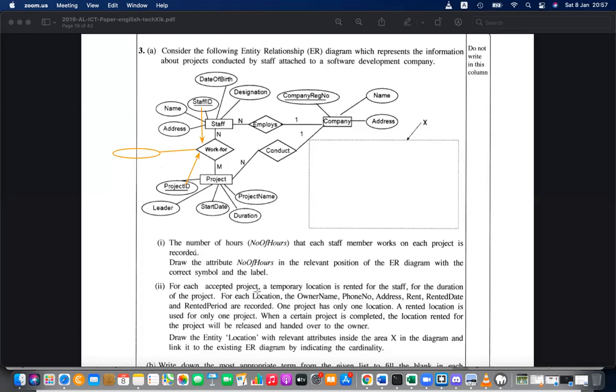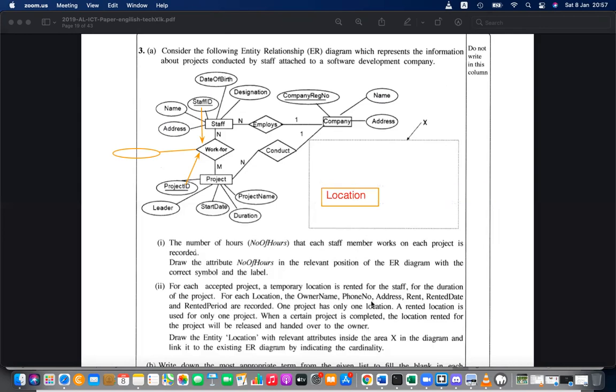Anyway, it's an attribute. For each project, a temporary location is rented for the staff. Project rents a location. Here the location is explained further, and it becomes an entity. What does the location have?